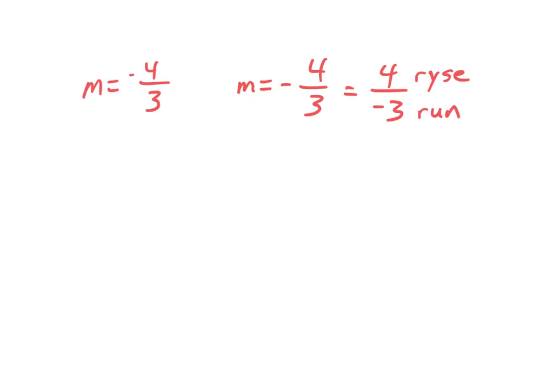A slope of negative 4 over 3. Sometimes you'll see that negative sign like out in front of the fraction, kind of like this. And some people ask me, where does that negative go? Well, you get to kind of choose here. You could put it on top, like we did. You could put it on bottom. If I put it on bottom, then my rise would be 4. And my run would be negative 3, which means we're going to move left 3. And that also gets us to... Okay, so that's our first one. We call that slope-intercept form. Okay, the next one